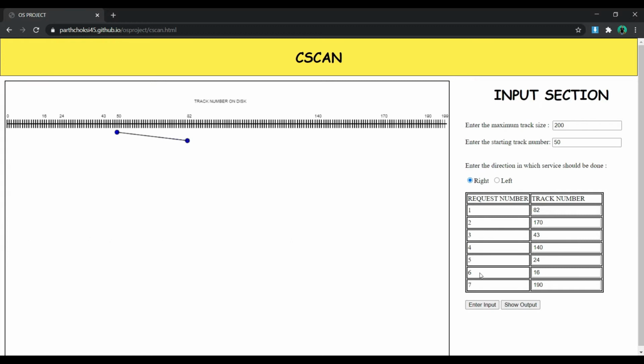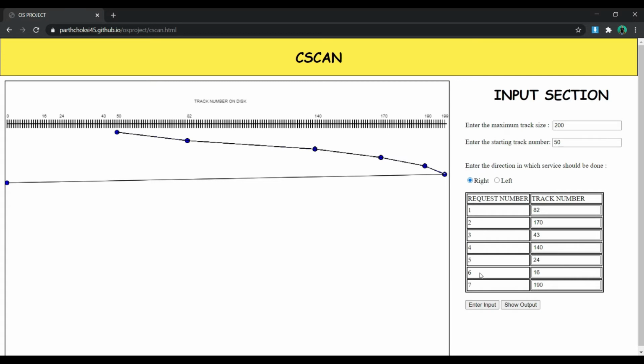Now the graph is being plotted. We find the total seek time is 391 and our task is completed.